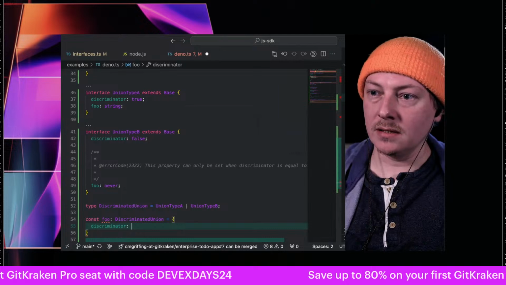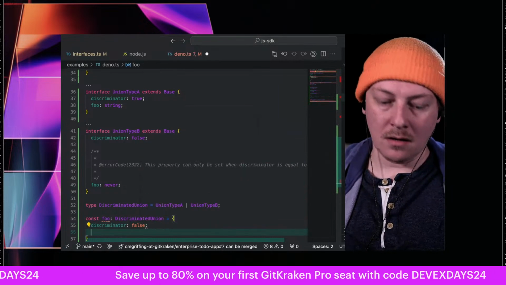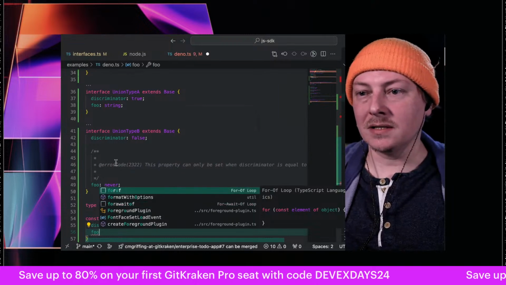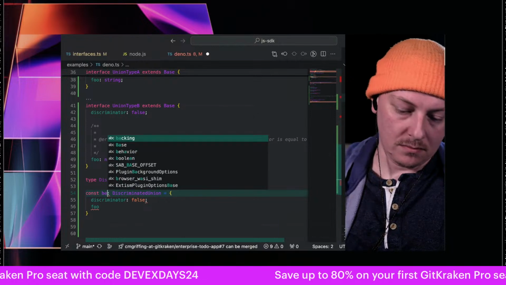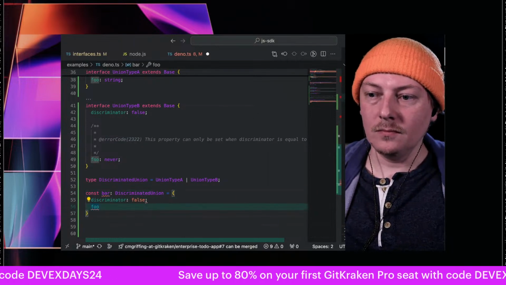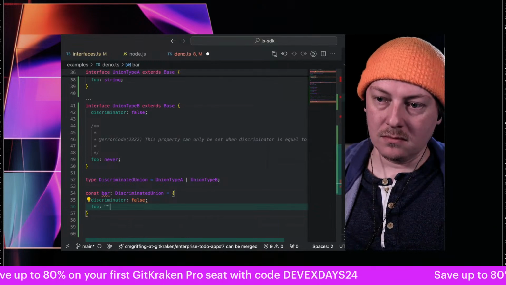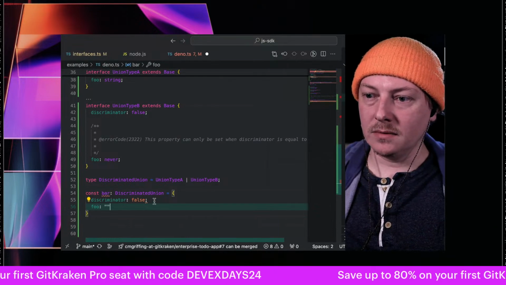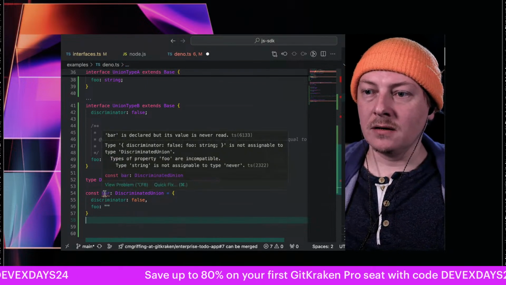Discriminator is false. Foo, and this is getting a little gross. Let's say this is bar. Foo is blank. And whoops. So then here we see that